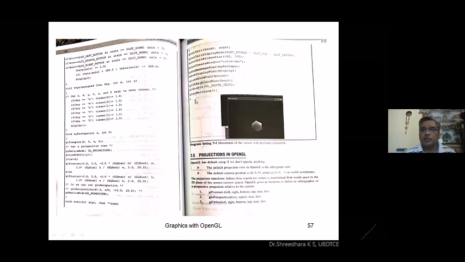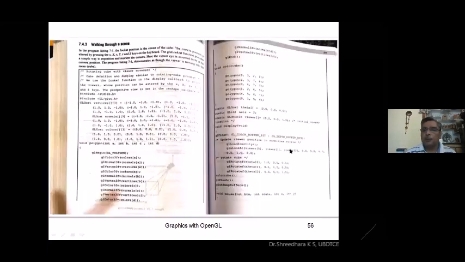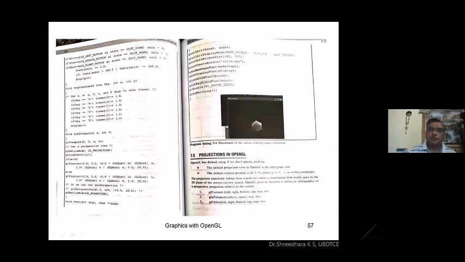If you observe gluLookAt, viewer 0, viewer 1, viewer 2, 0, 0, 0, 0, 1, 0. Using this gluLookAt function, by supplying the viewer position, we can view the cube in different positions. For example, I'll just demonstrate this.